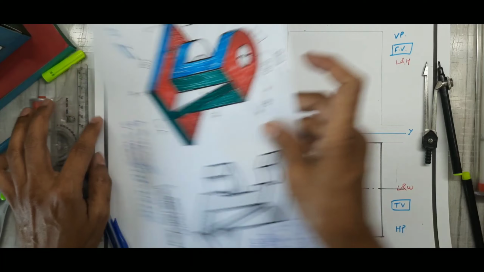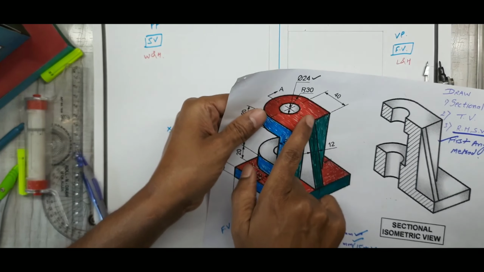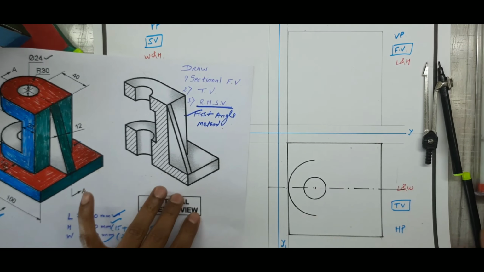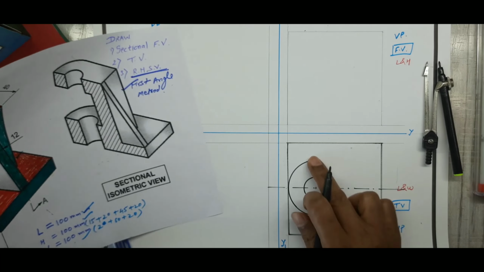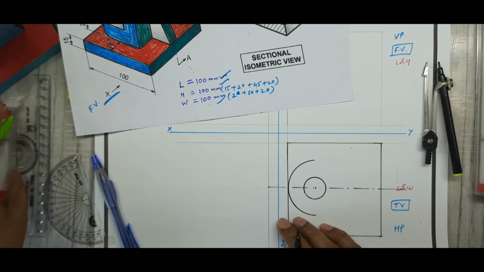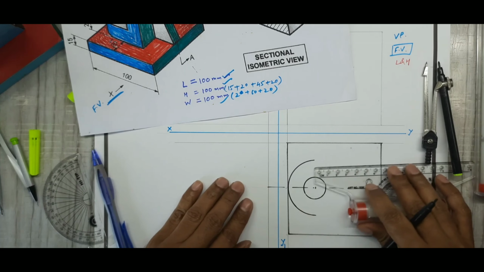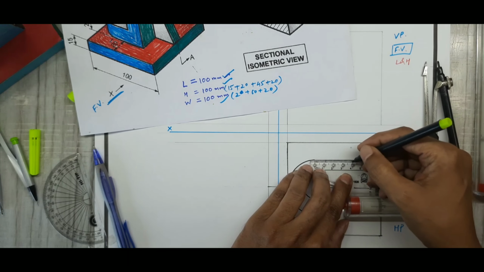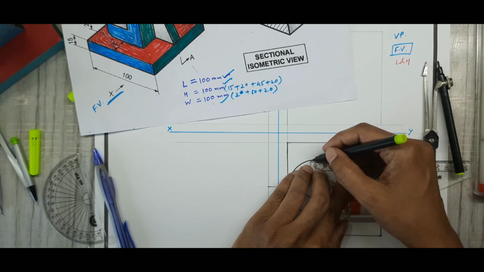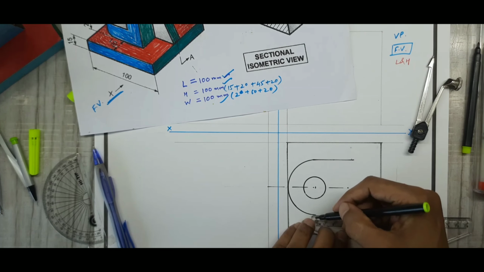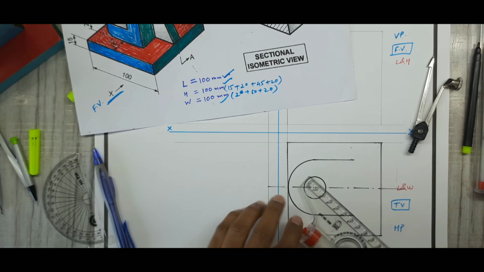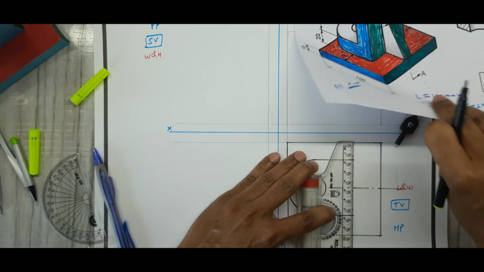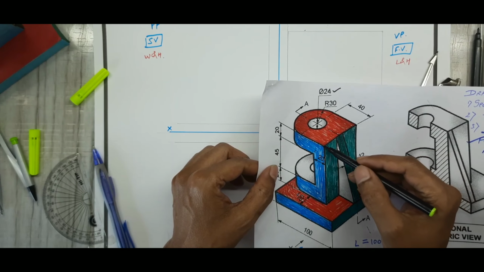Now after this, I required this distance. This is 40 already given to you. So what I will do, I'll mark 40 from here. So take a scale and mark dimensions as 40, means up to this one. So even you can see when I'm drawing it parallelly, I will show you the drawing. This point and this point I'm joining now.